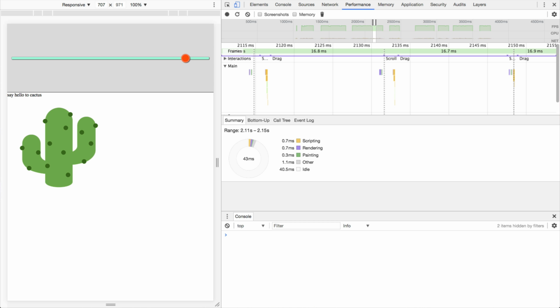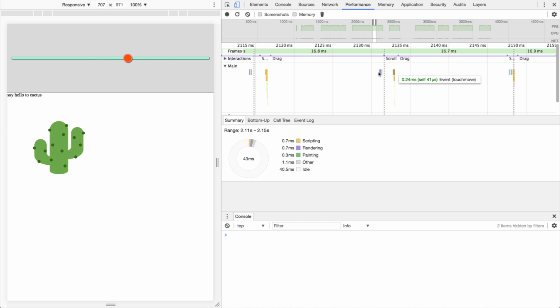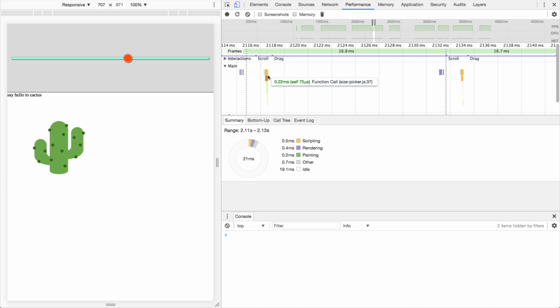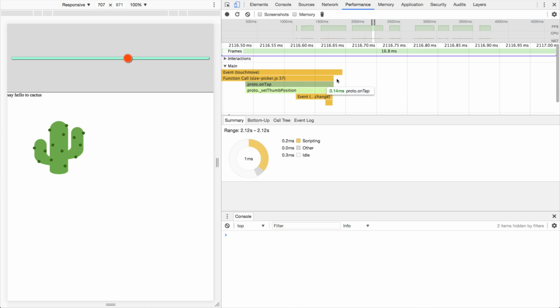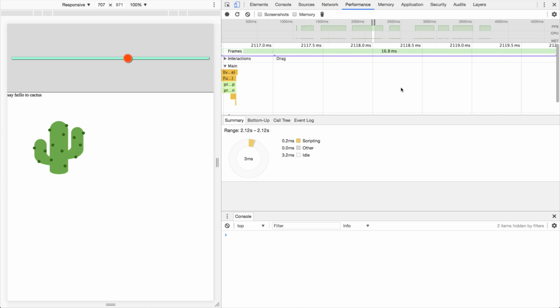So what I've done is I've made a few changes to my app to use transform instead of the left, and also a transform scale instead of a height for the cactus here. So it's the same app, it works the same, feels the same, on desktop at least. But let's look at the actual profile. So here's our JavaScript that's firing, and then we scroll all the way over to our paint work,